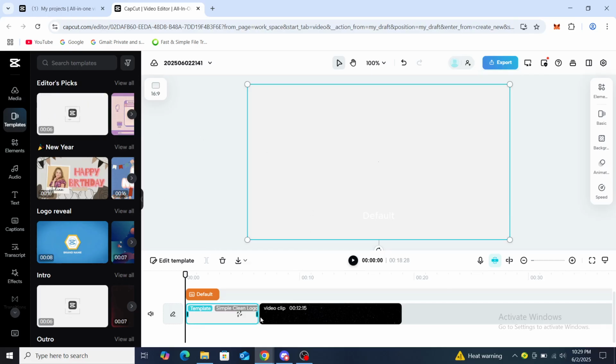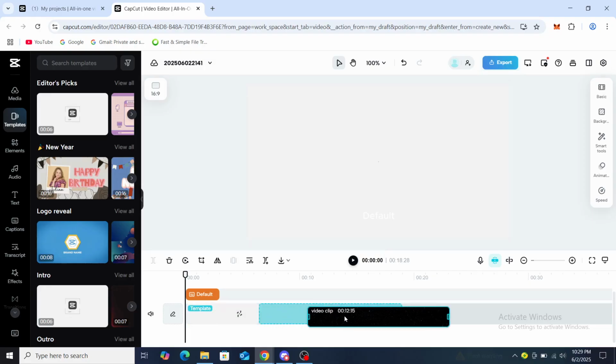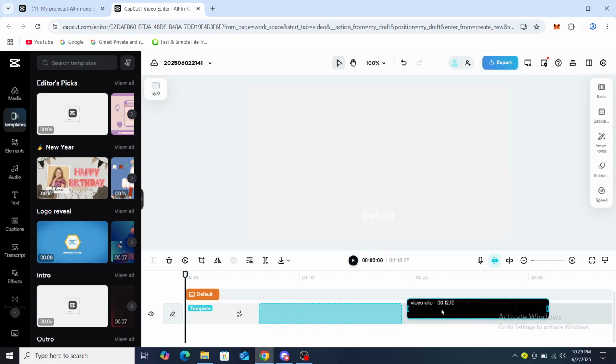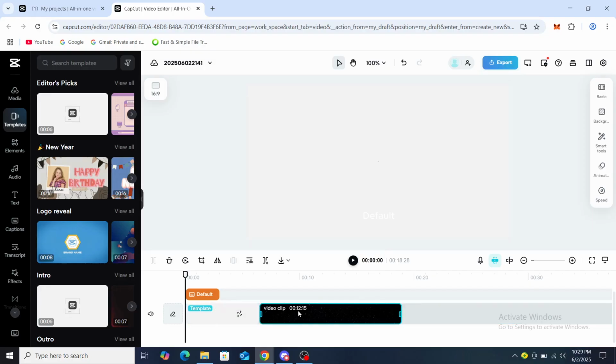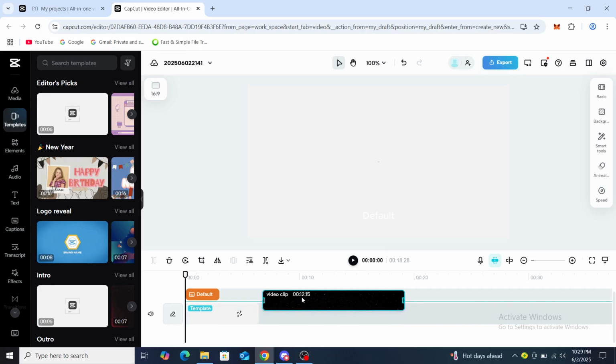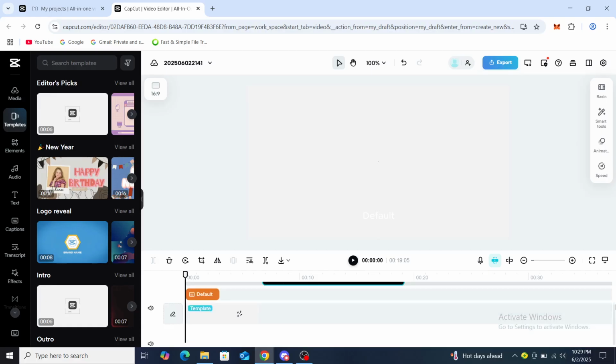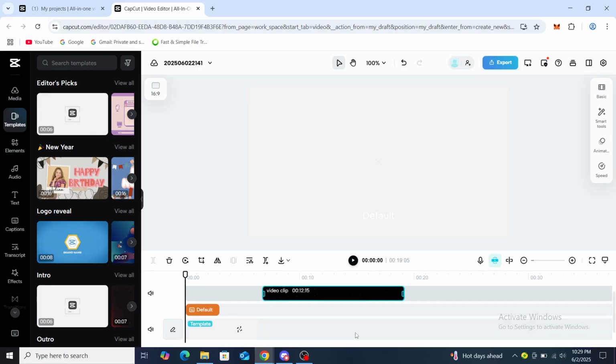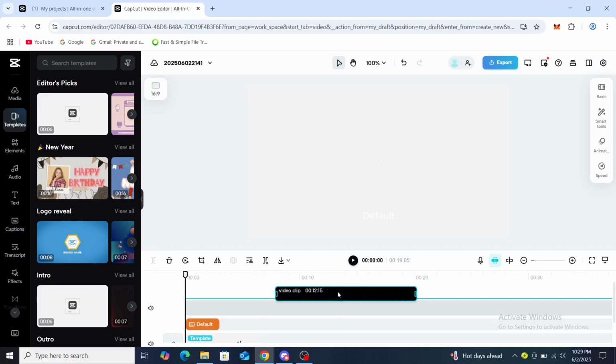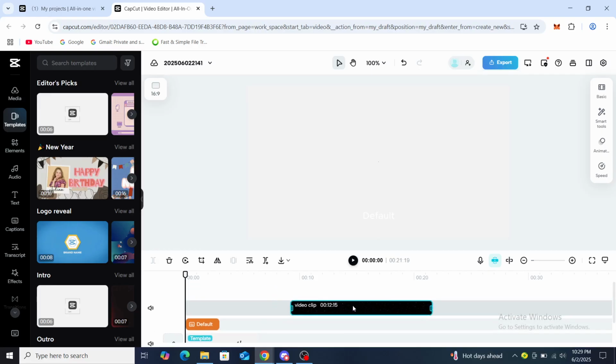So if I wish to add a black screen between, you can see I tried to take it away, but it doesn't really let me. But I can do something else by putting it at the top. So on here, in order to add a black screen, you can see I can just drag it a bit further away. So if I play it right now,